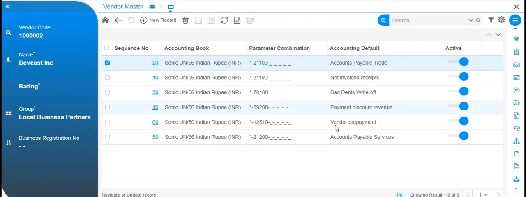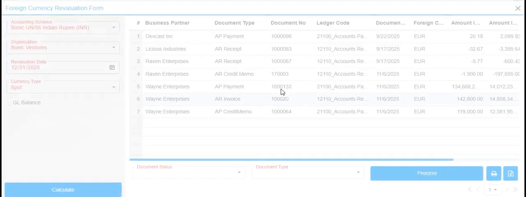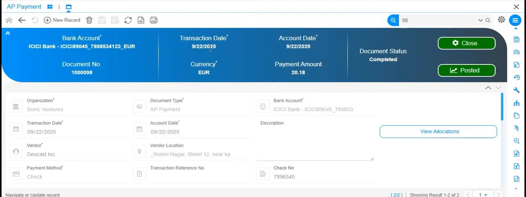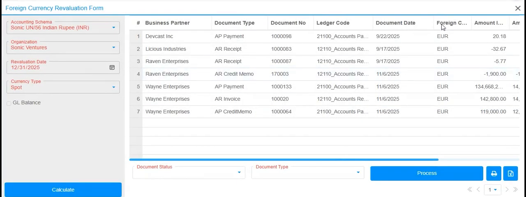If multiple accounts exist, foreign currency revaluation can be enabled for only one account. It is not valid to enable foreign currency revaluation for more than one account. Next, we have the document date, which indicates the date on which the transaction was created. Here, we can see this payment document has a transaction date and accounting date of 2209, and the same date